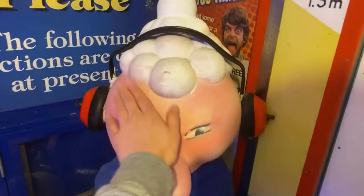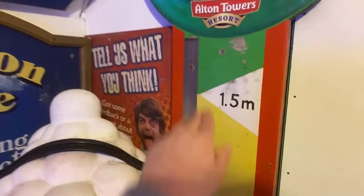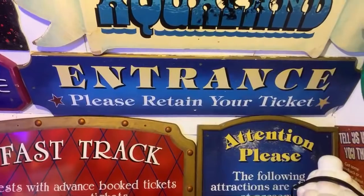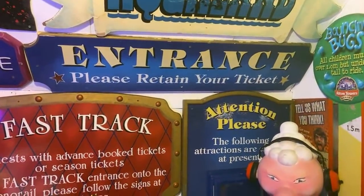So luckily, you're going to be all right, Mr. Bubbleworks. I think you're all right. You know what? You can go on. That's absolutely fine. Now, this shows how, over the years, signage has changed, because that entrance, please retain your ticket sign there at the top,